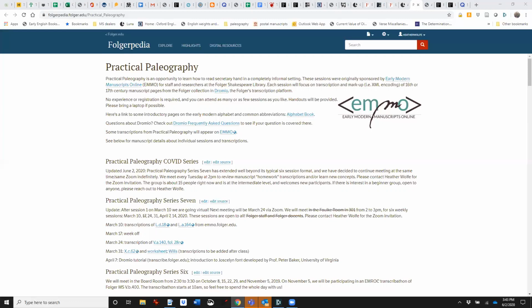Heather, since I know you have to be at your next paleography lesson very soon, let's make this the last question. Is that okay? Yes, that is fine. Great. Okay, so the question is how to deal with capital letters, which are so confusing in book ownership inscriptions, when there's no document to go to and compare. And yes, names are some of the hardest things to decipher for sure.